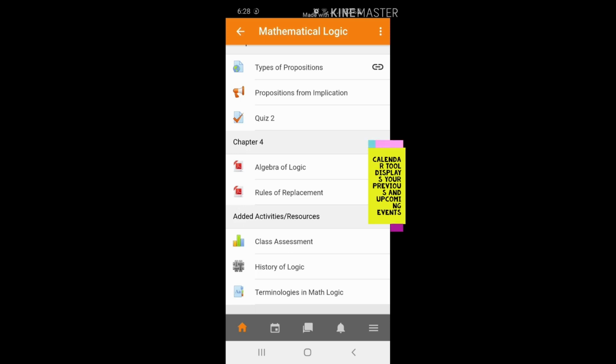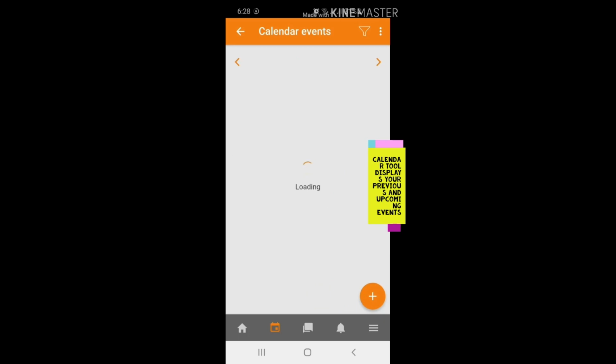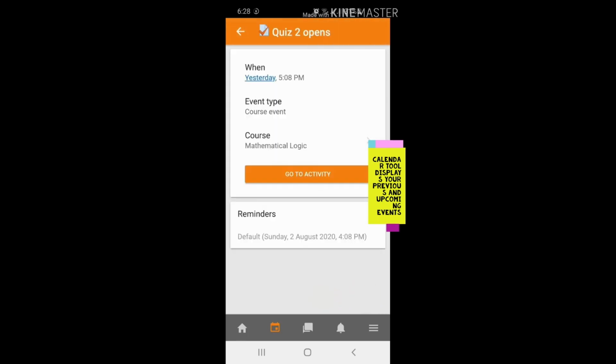The tools at the bottom of the page are another useful section in your Moodle. Here, you will find links to calendar events. In the calendar, you will be able to view previous and upcoming events. For example, this one, if you want to display specific details, all you have to do is select that event, and there is also a link to direct you to that activity. You just simply click the Go To activity,